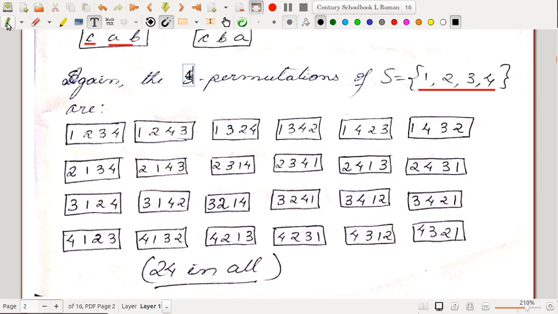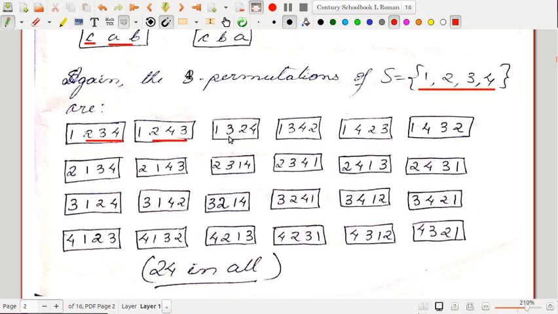This is the set of four permutations of S. Okay, so the four permutations of S equal to {1, 2, 3, 4} are what? You start with 1 and take all possible arrangements of the three elements 2, 4 and 3. We have already seen in the earlier example that if you have three